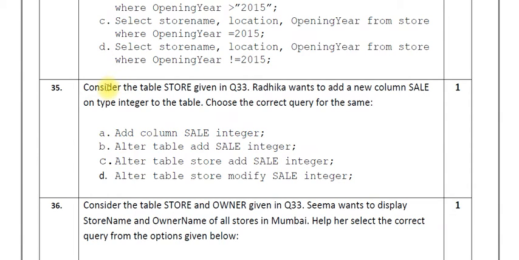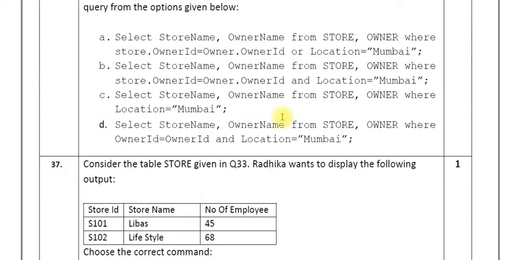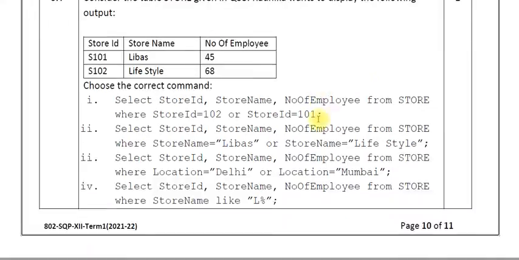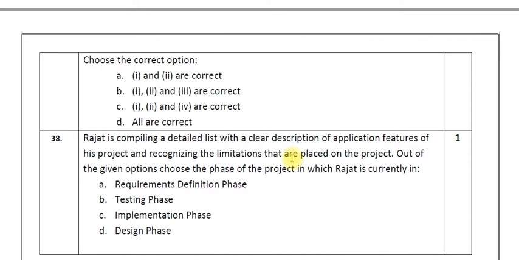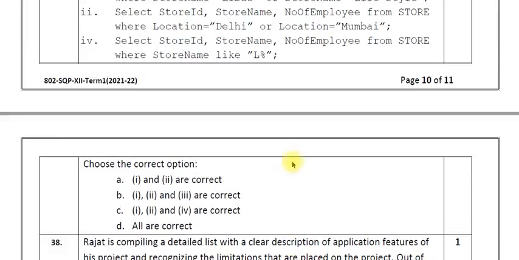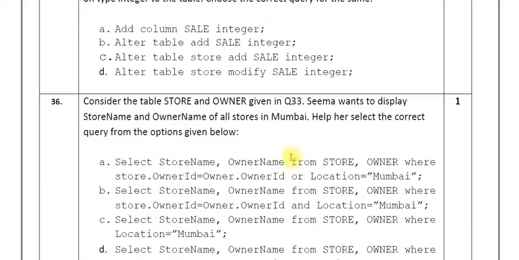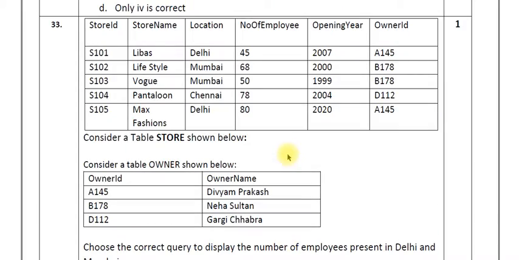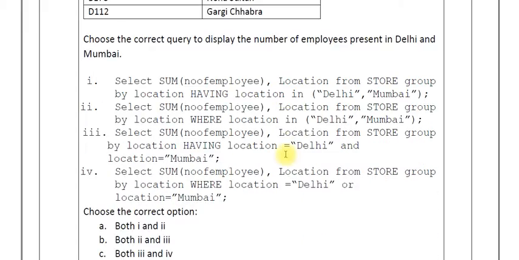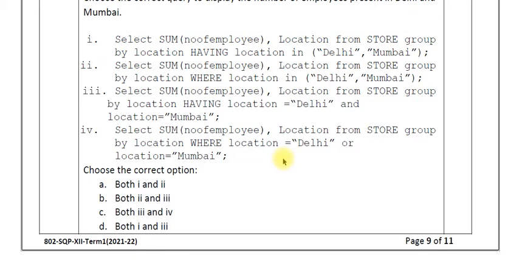Then again we have the question from that same thing, all the other questions are coming from that particular case itself. Okay, and in the end there is a question from the second chapter from the project part. So study the tables that are given as cases in your book. Study those and try not to skip any part.